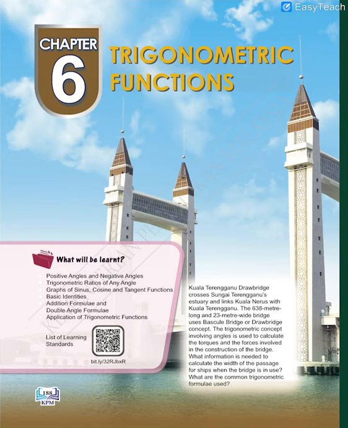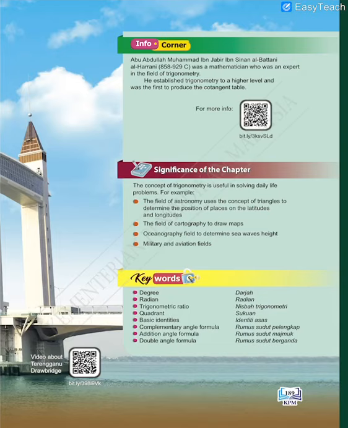Okay, so dia punya introduction, dia berkaitan tentang jambatan di Kuala Terengganu. Okay, di mana dia melibatkan trigonometric concept, melibatkan angle yang digunakan untuk mengukur dan daya yang digunakan untuk membina bangunan jambatan tersebut. Okay, what we have more? Okay, so the